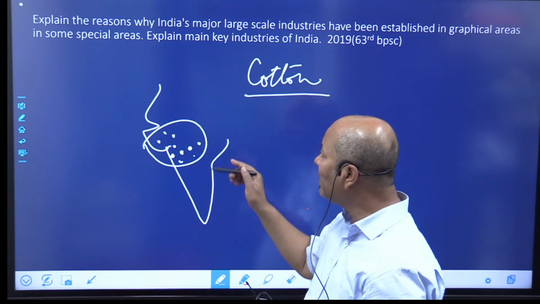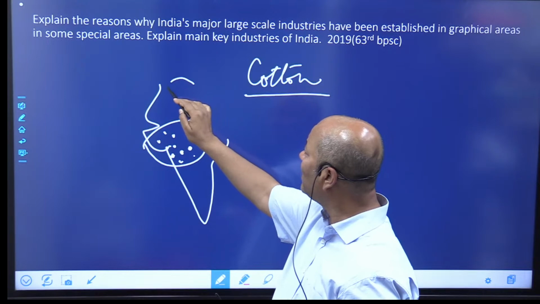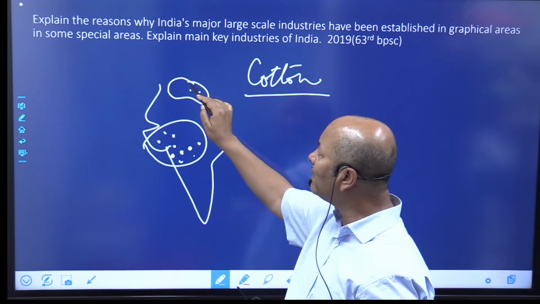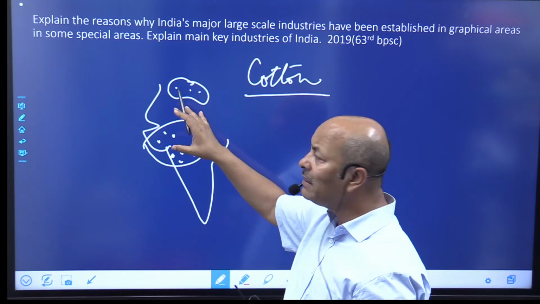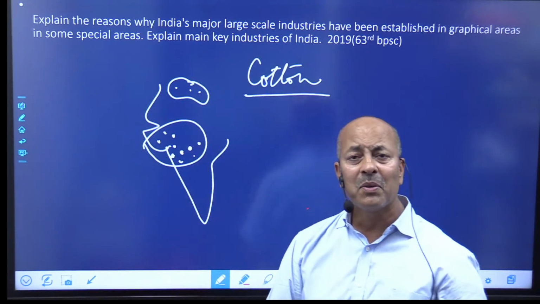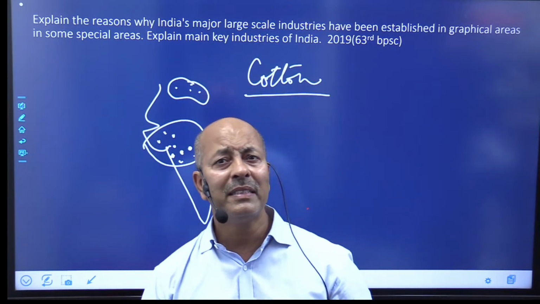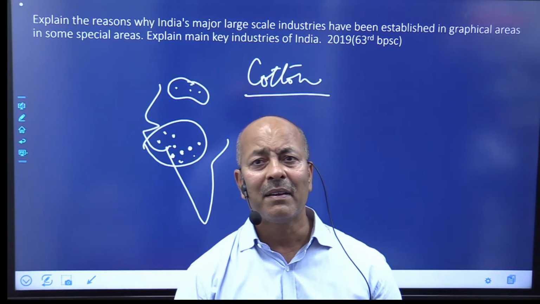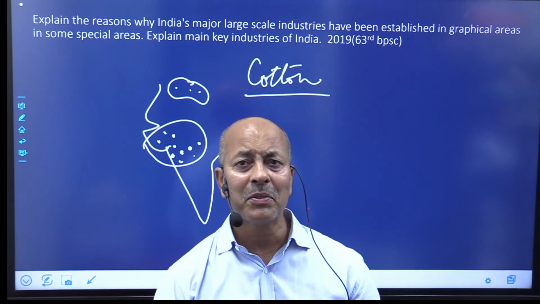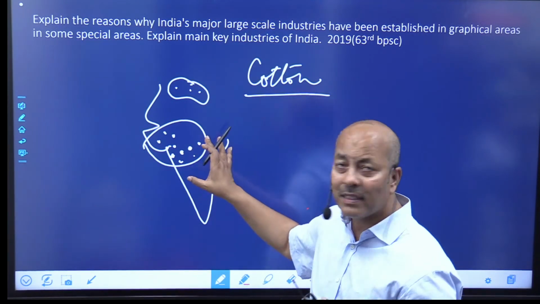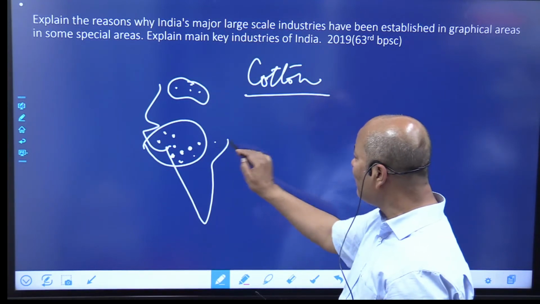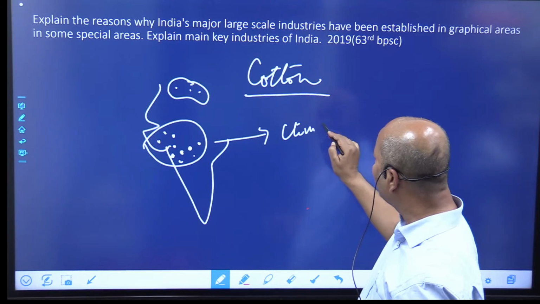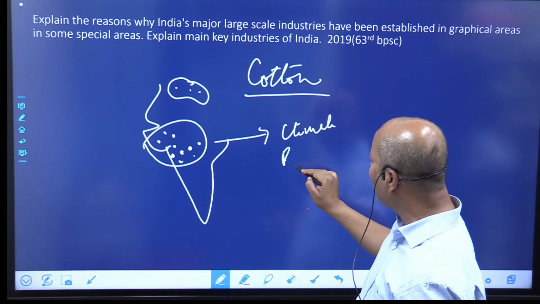Later on, in present time, we find a large number of industries close to Haryana and Western UP: Saharanpur, Modinagar, Agra, Panipat. These are the centers. So we have to find out why these industries are located in these areas, mainly in northwestern India and also in Gujarat and Maharashtra. So here we'll find the location factors like climate, the first thing,